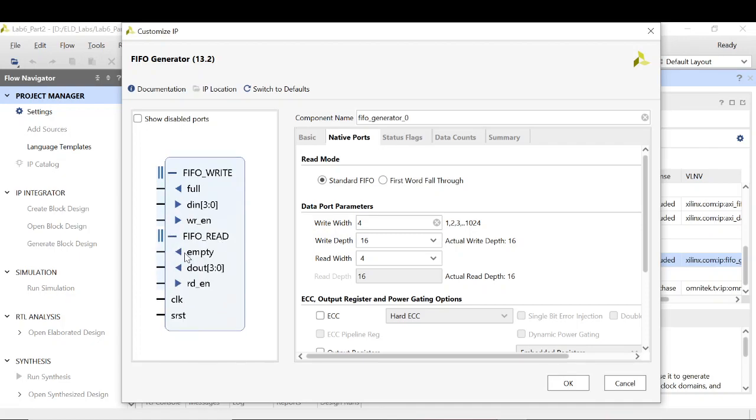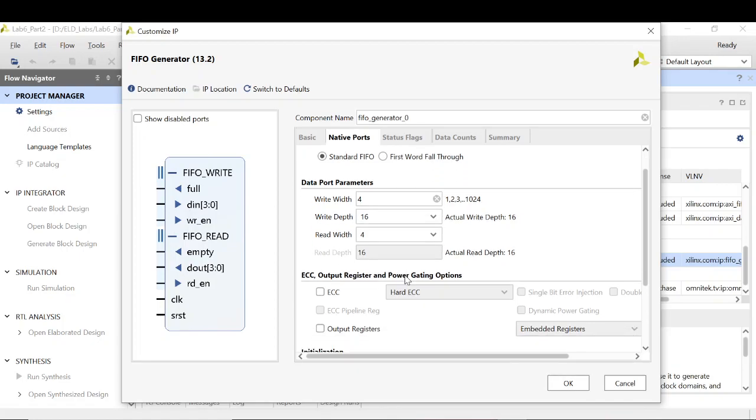Similarly, for the read operation, you cannot read from an empty FIFO. Once the FIFO is empty, you cannot read. So this is the signal indicating that your FIFO is empty now, right? So write enable and read enable. Again, we can use the write functionality, we can use the read functionality. Depending upon whether you are writing onto the FIFO or reading from the FIFO, you have to provide a high signal. So that's an active high signal. Then clock and this reset.